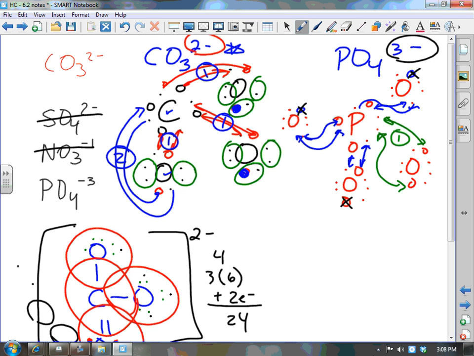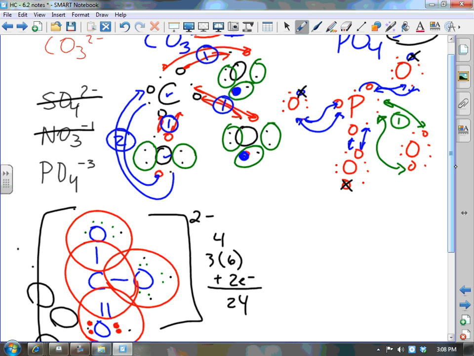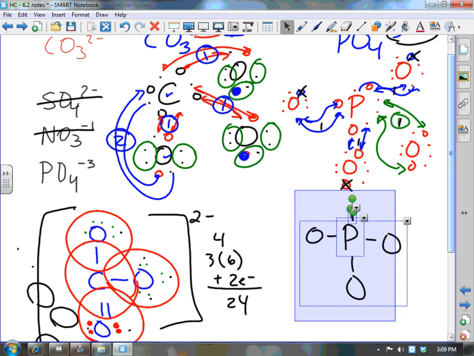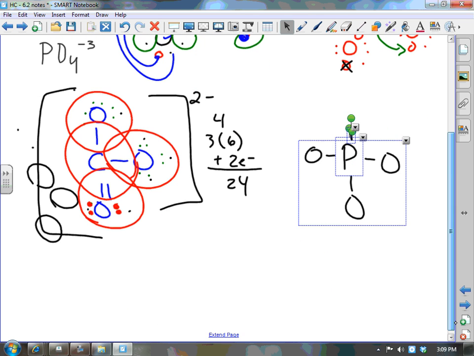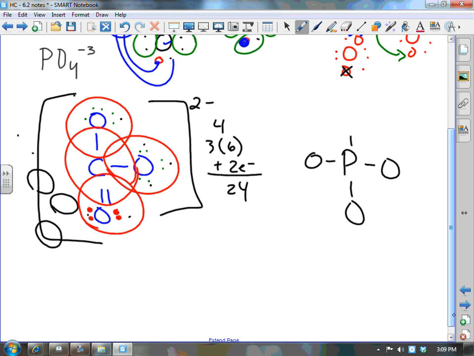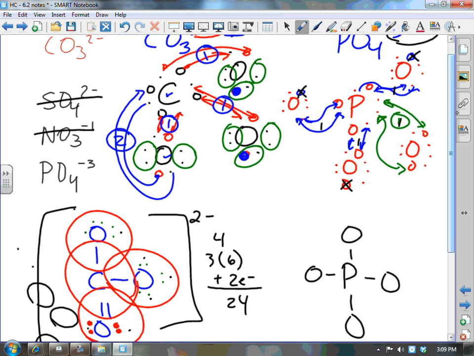Now, we've got a mess that we've got to clean up. Again, hopefully you're drawing these somewhat neatly and organized. So we've got a phosphorus in the middle, and it's single bonded to every single oxygen. So we can at least do that so far. And I'll lower this a little bit more. Okay, so we've got that at least. Now let's look at the phosphorus. All of its electrons were used up. If we look at the oxygens,